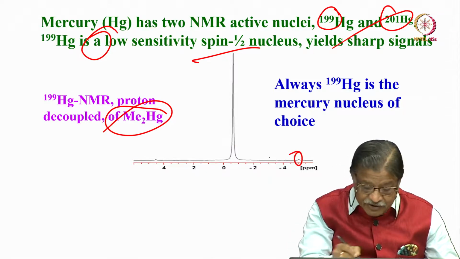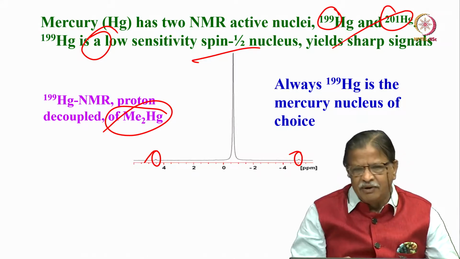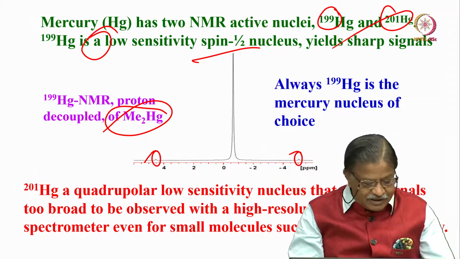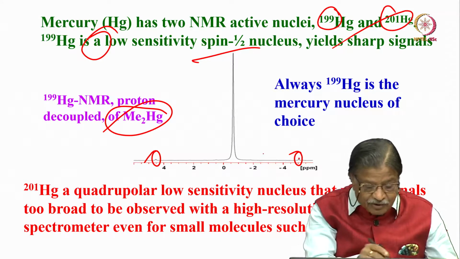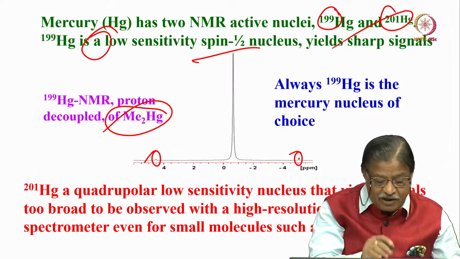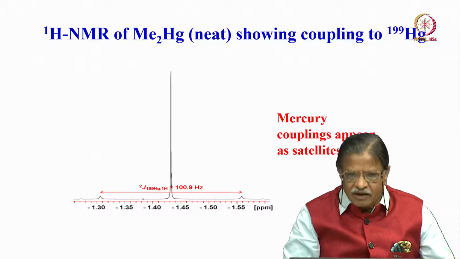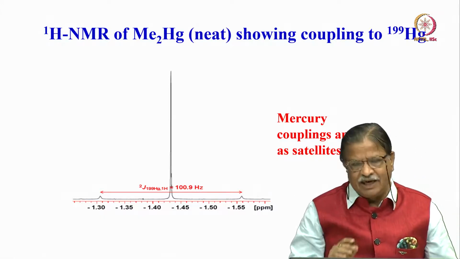But there are small peaks here. What are these peaks? They are the satellites. They are the peaks which are coupled to carbon or proton. We will see which is which later. See, now these peaks are coupled to either the carbon of this or the proton group, either of them. You can measure the separation from the other spectrum and understand.